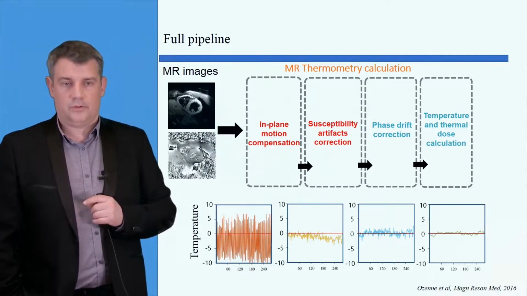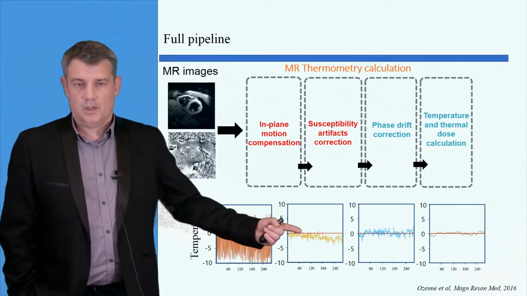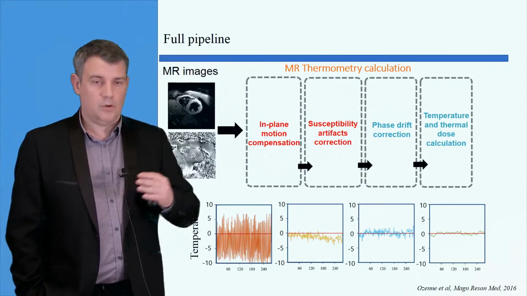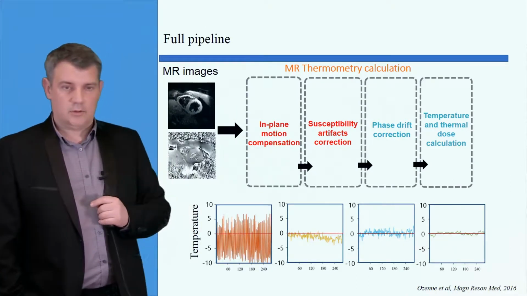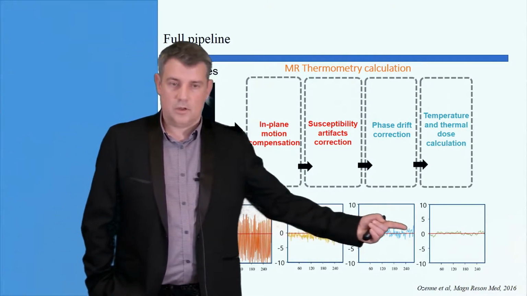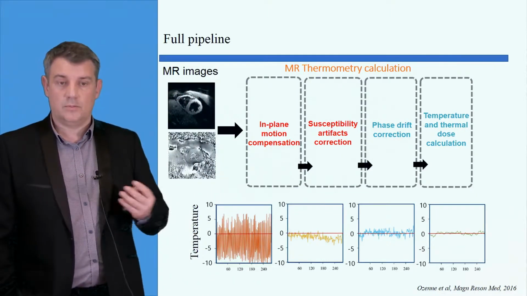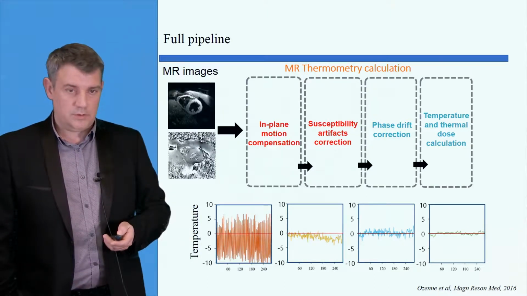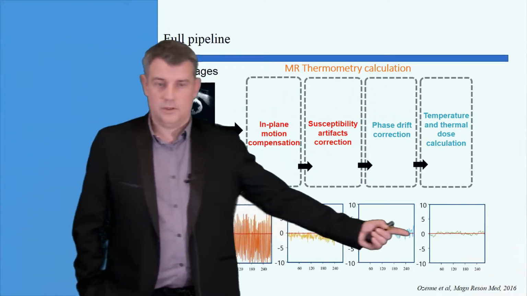So there are a number of methods for correcting this, either using a kind of sliding window to analyze the change in space and time, or using a region of interest outside the heated region for making corrections. I'm not going to go too much into the details. And if you want to improve the temperature estimate again, you can also apply a low-pass filter, because temperature change is not going to evolve very fast as compared to the acquisition speed of this technique. Okay. So using this, we were able to go from more than 5 degrees temperature uncertainty to 1 degree